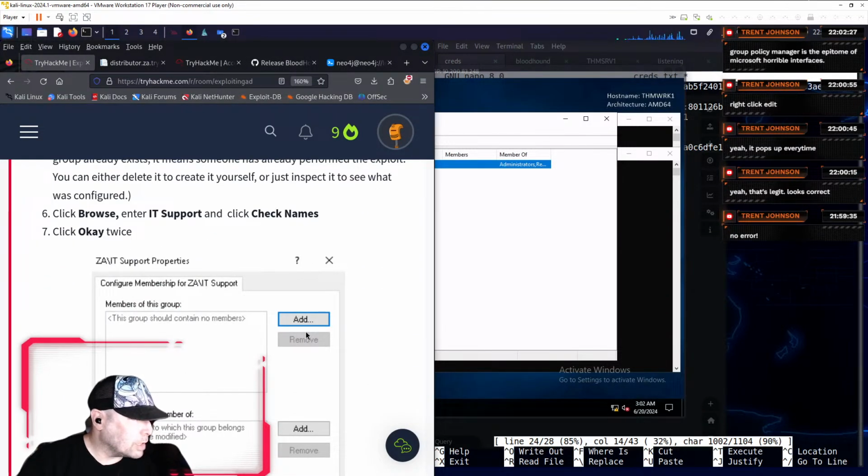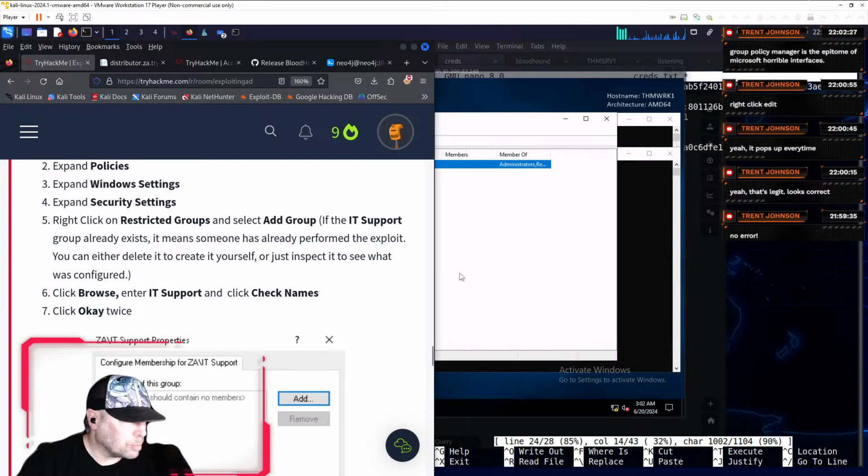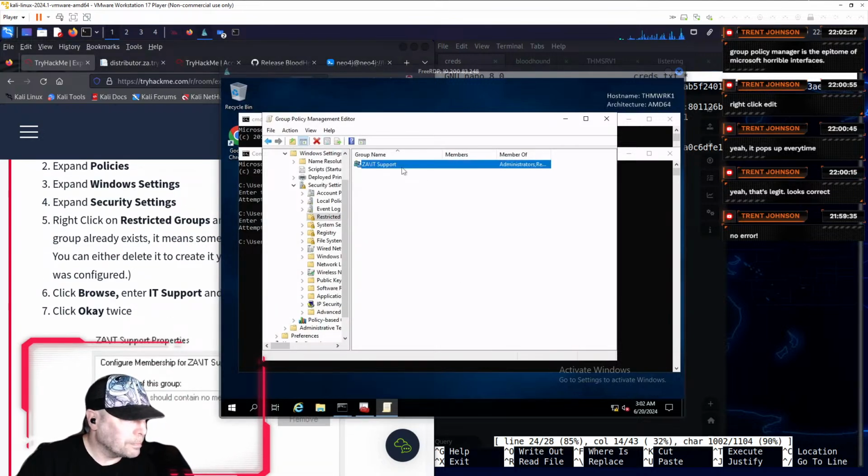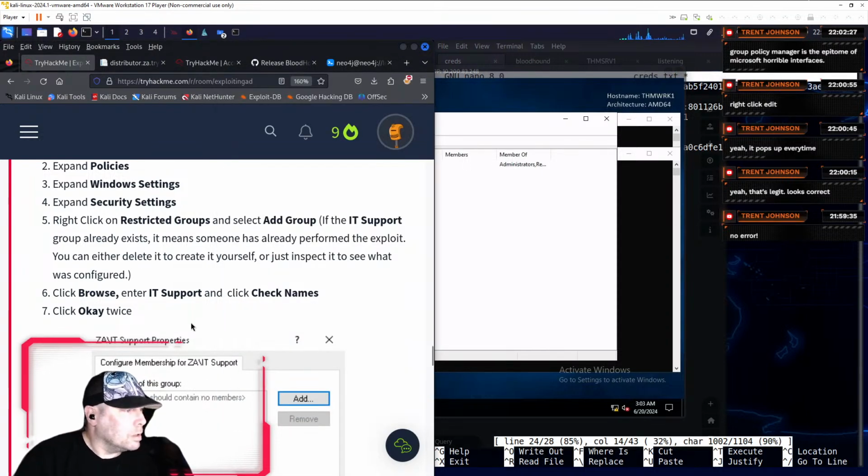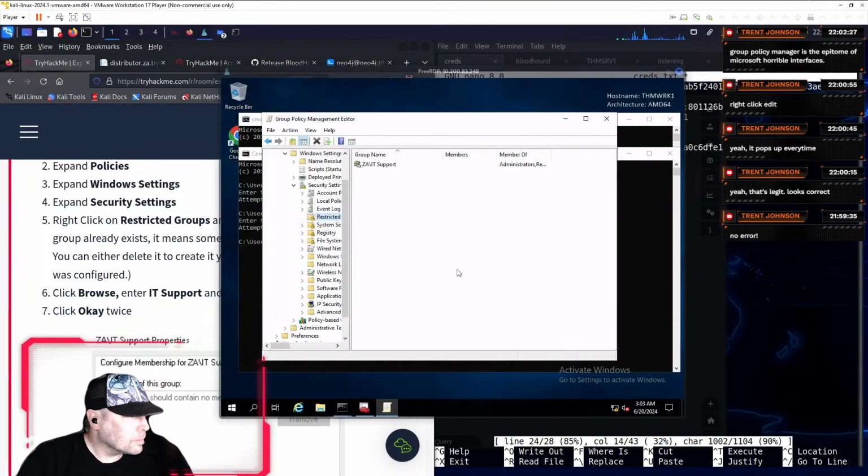Click browse, enter IT support, and check names. Click browse. Where's browse? Click on it. Where's add?